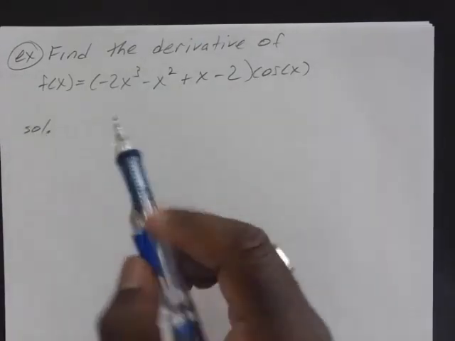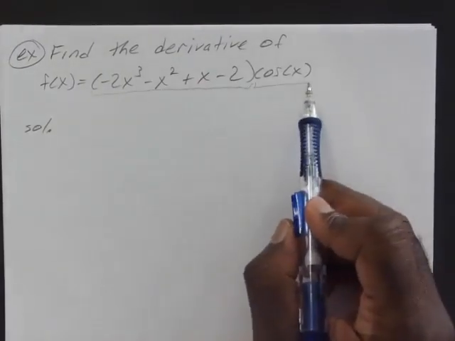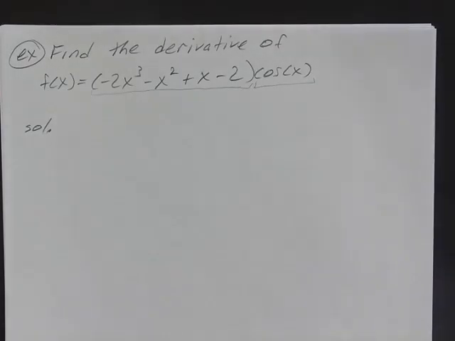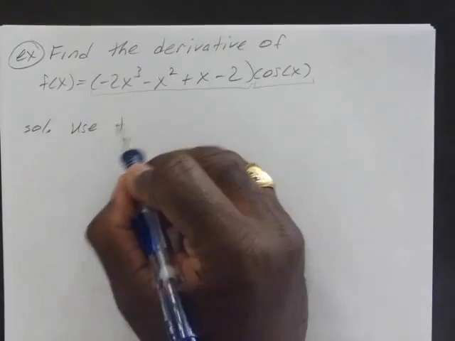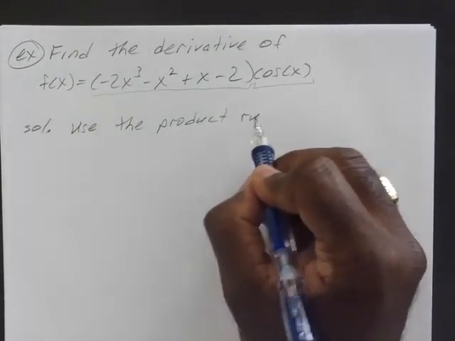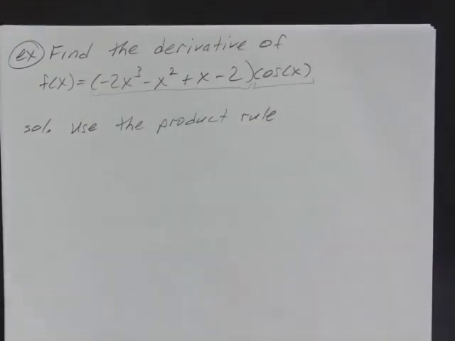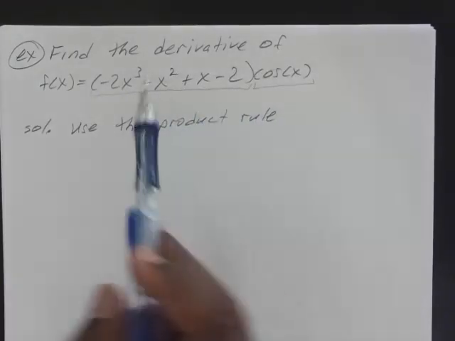Okay, so with this one, you have two functions of x being multiplied to each other, and you're looking for that derivative. You want to use the product rule. Now, if you wanted to, you could distribute cosine of x to each term, but then you'd have to end